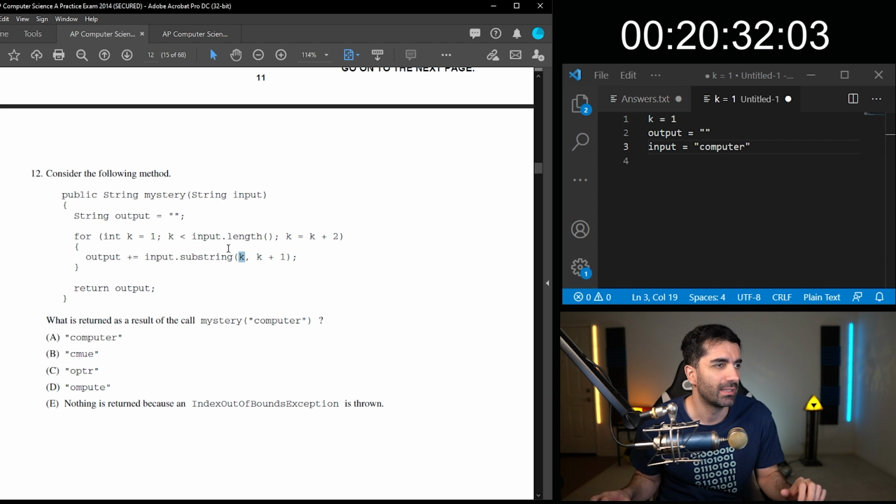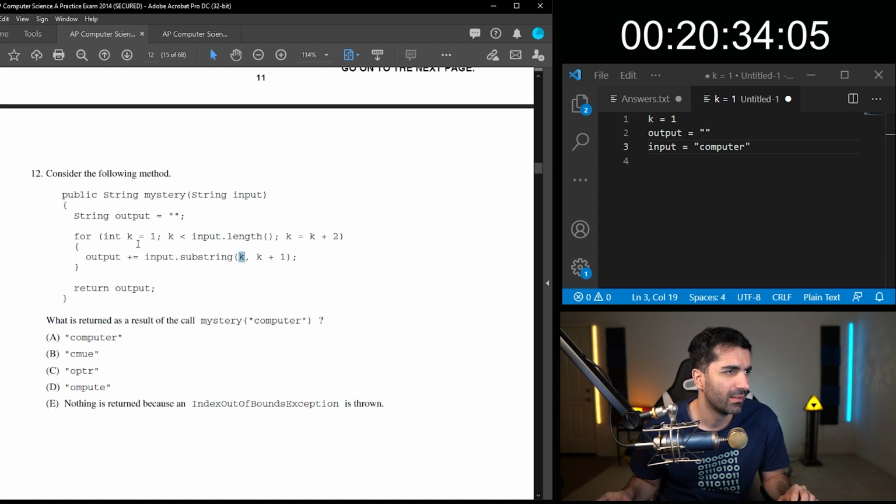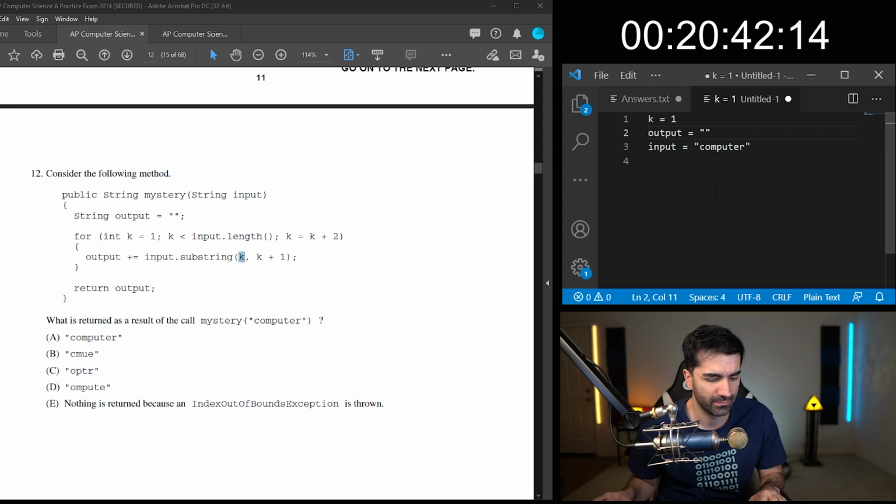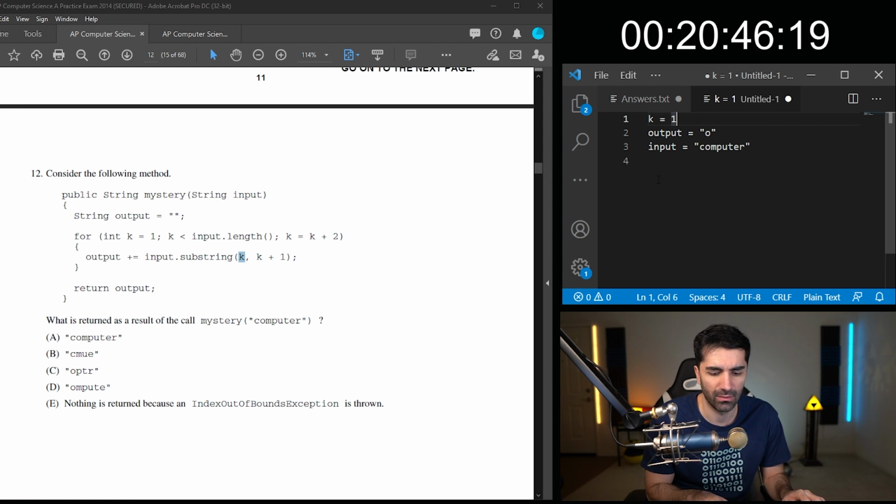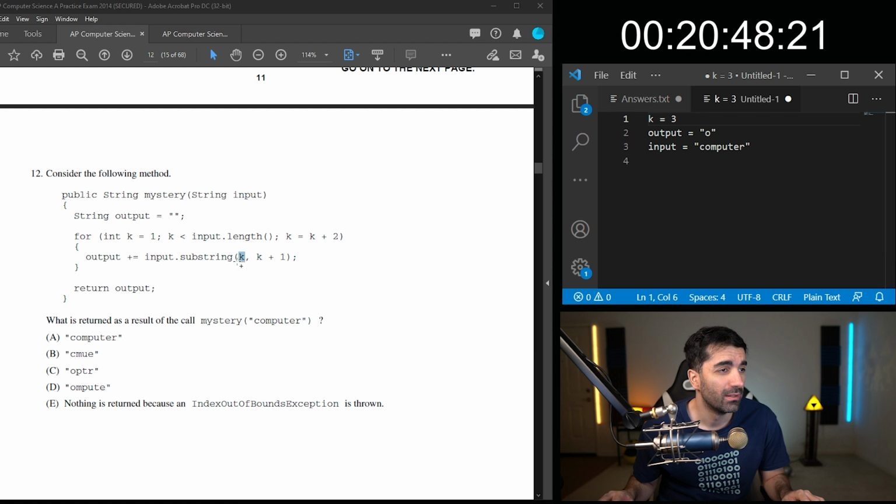So initially k is 1, so it'll be 1 and 2, and I think output will be O. Then we add 2 to k, so it's now 3. The substring is always going to be one character. So here it's 0, 1, 2, 3, so it's going to be a P.